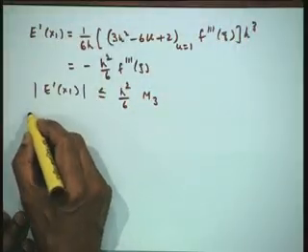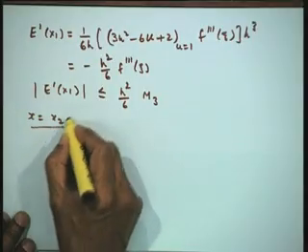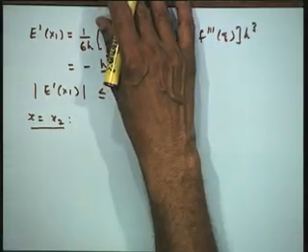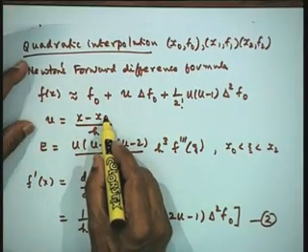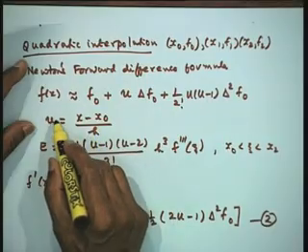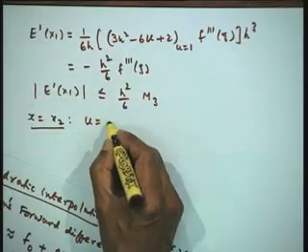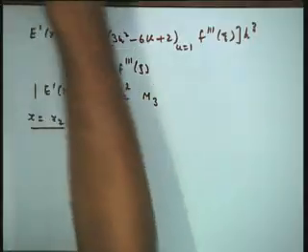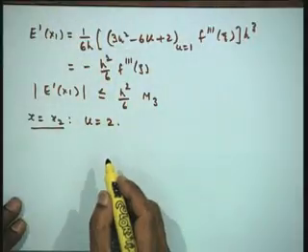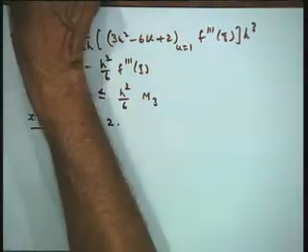And similarly if I take the third formula, x is equal to x2, then if I go back and substitute x2 here, x2 minus x naught is 2 times h, divide by h, u is equal to 2. So I will then have u is equal to 2 in this case. Now I can substitute it straight away in this. So let us substitute u is equal to 2.